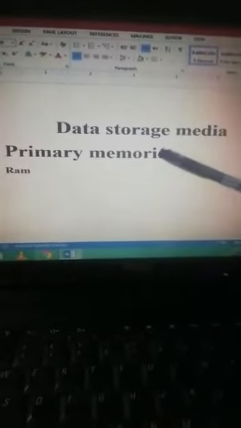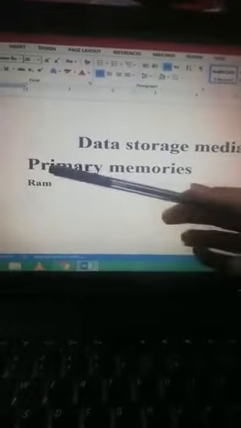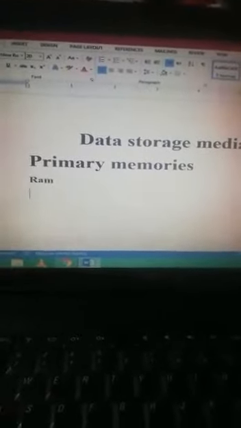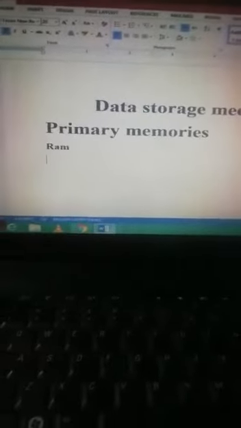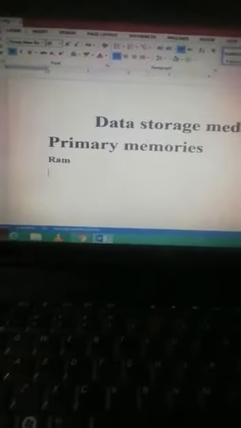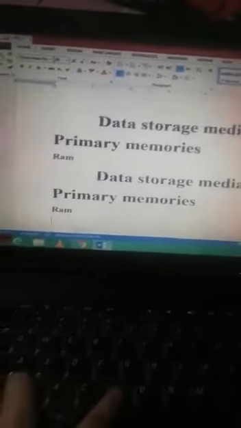I gave the heading of primary memories because we started with that first, and then RAM because we are going to start with RAM. So after selecting and pressing Ctrl C, we have to paste it. We press the shortcut key of paste, which is Ctrl V. So look students, our selected material is pasted in it.